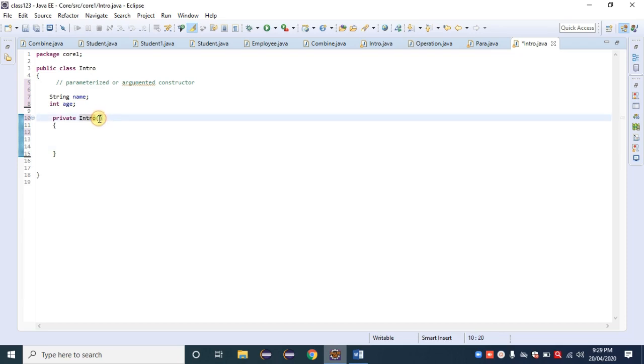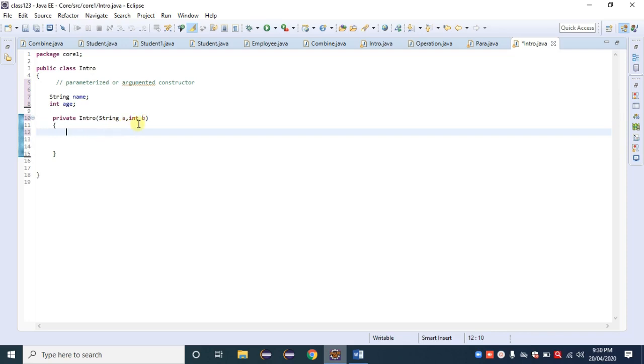So here I'm giving the parameters as string a, comma, int b. We can use any variable name here. We can also use name and age as variable names here, but in that case we need to provide the this keyword inside that logic. Right now, only concentrate on this constructor.